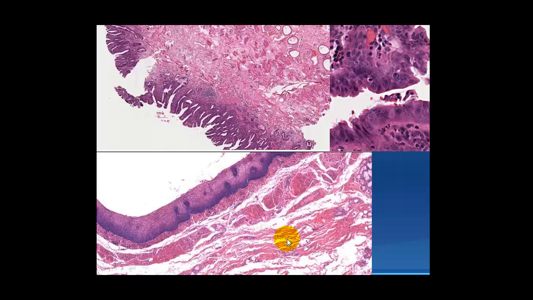You can see some submucosal areas, you can see some muscular areas, you can see a few glands over here, but they are the normal submucosal glands. Now if I come and tell you that this is from esophagus, you will say no, this cannot be esophagus, because esophagus is completely lined by the squamous cells, and these are the columnar cells.